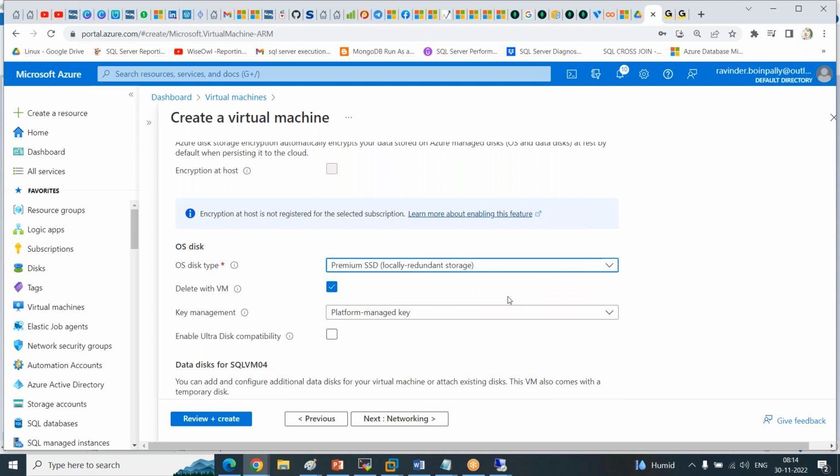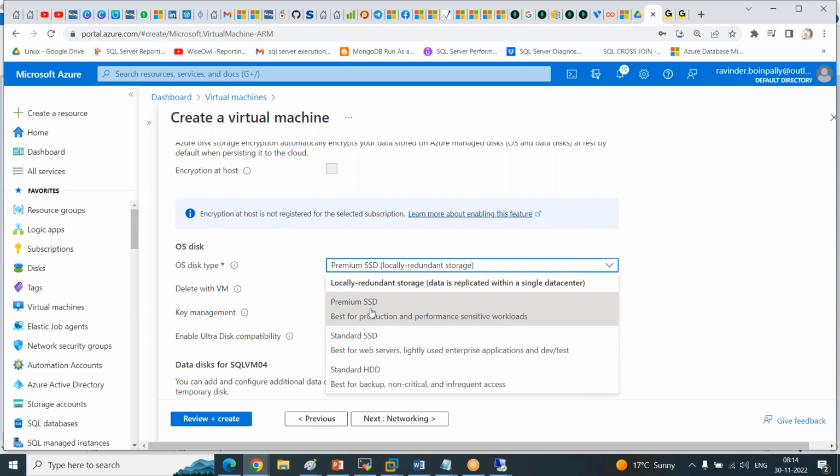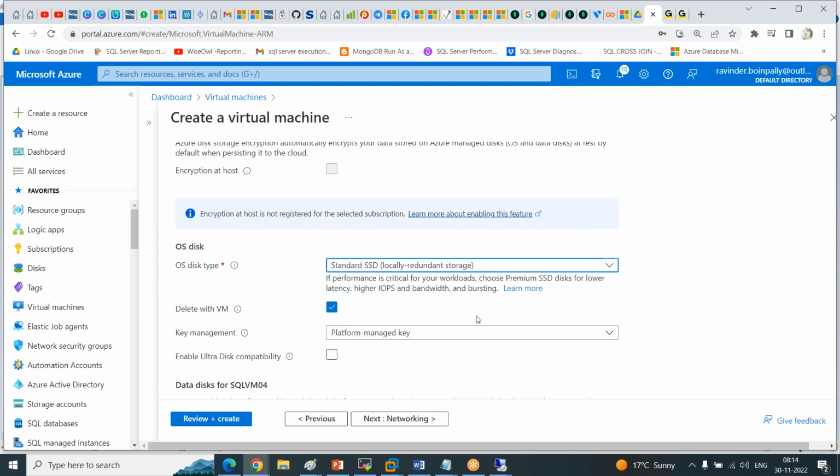Just because of the storage, that is the reason you definitely have to take the approval from the client. Moving to the premium standard is okay. We have pre-approval. If your disk is developing a lot of queues, like a disk queue length, we will